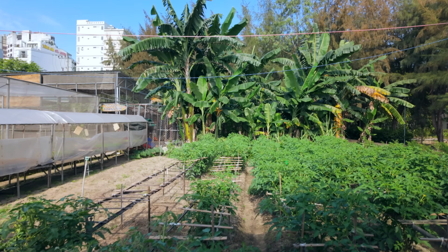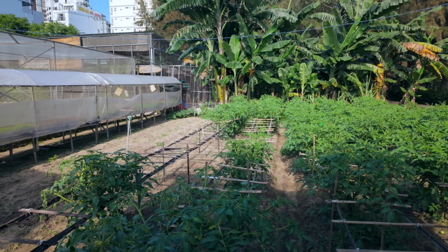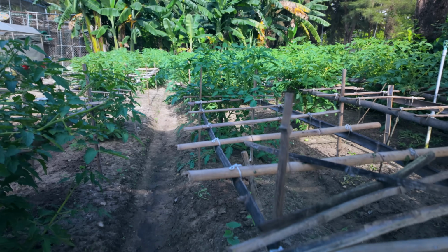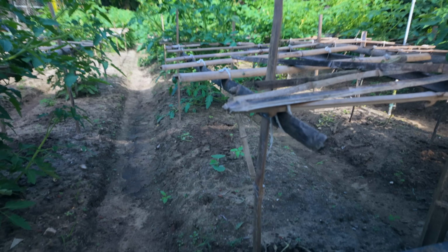There's a bunch of students over there. They did mention not to film the school. I'm guessing they probably don't want the students on camera, so I'm going to try to avoid doing that. But here we have a bunch of tomatoes. And look at this, I always love seeing how different trellises are made around the world, and this is just bamboo,